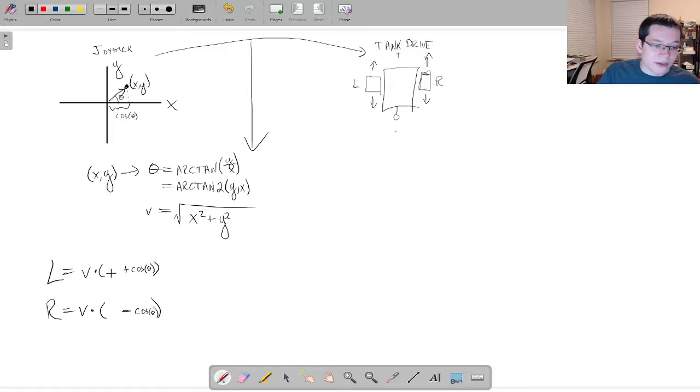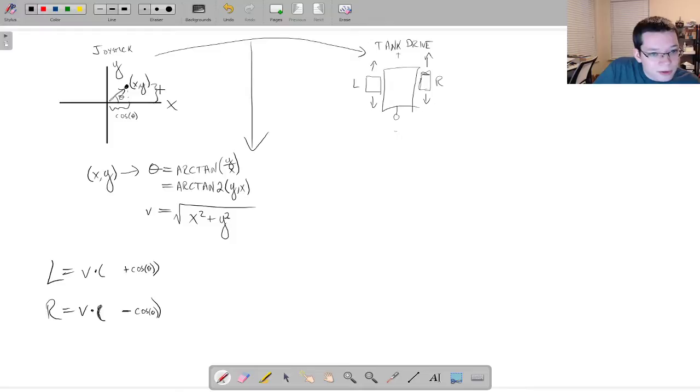So now we need another term that's going to control our front to back speed. And since we want forward and backward to be the same on both motors, if we're pushing straight forward or straight backward, this term is going to probably be the same. And in fact it is,